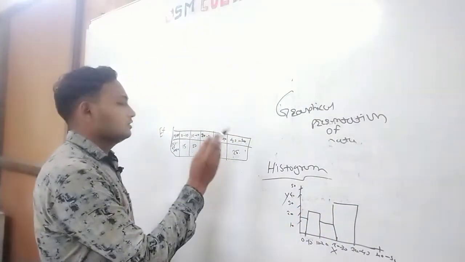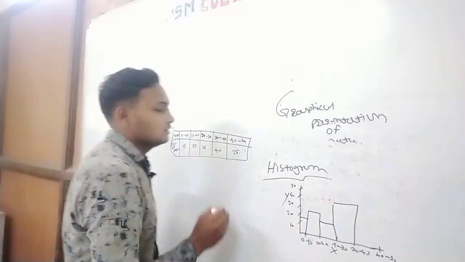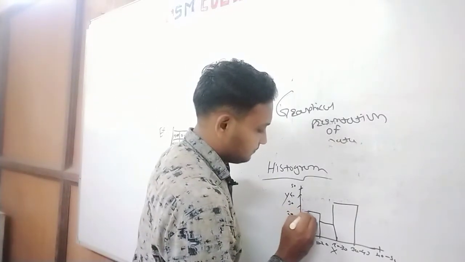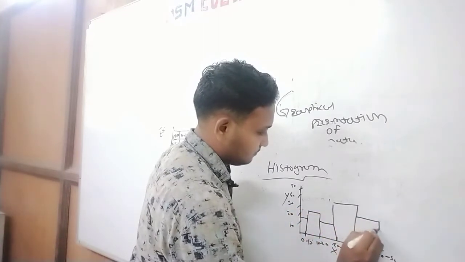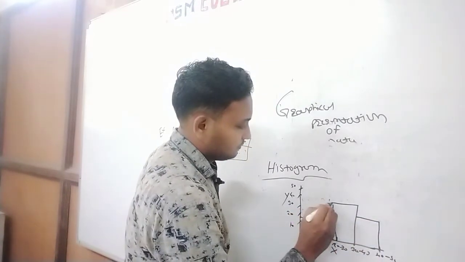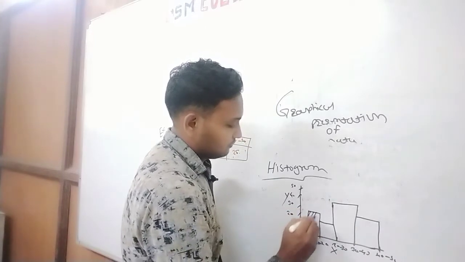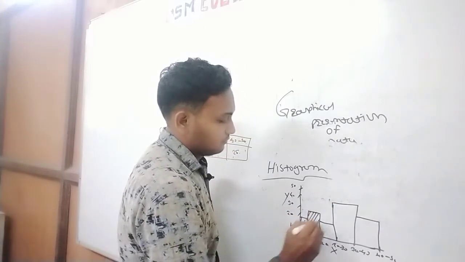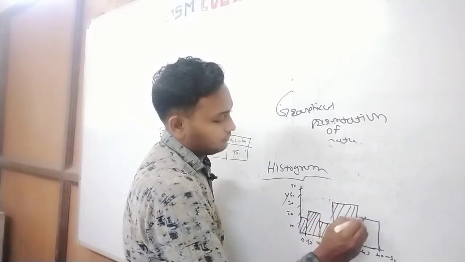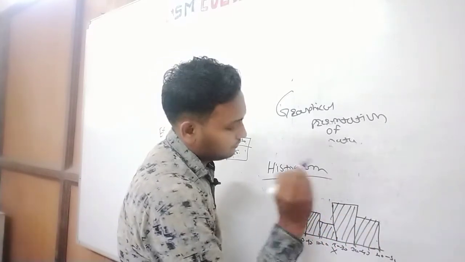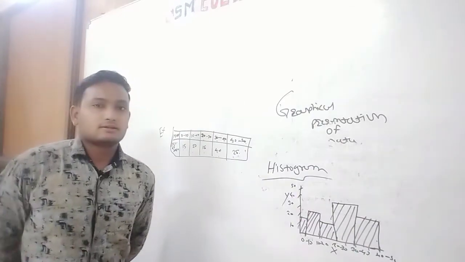Last, for 40 to 50, the number of students is 25. Okay. So it is a simple